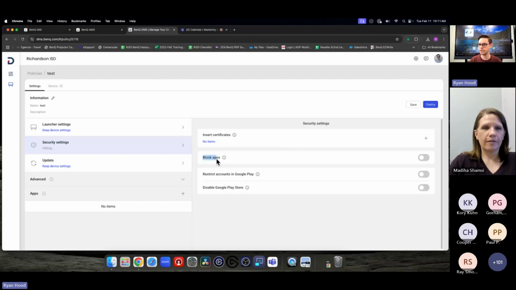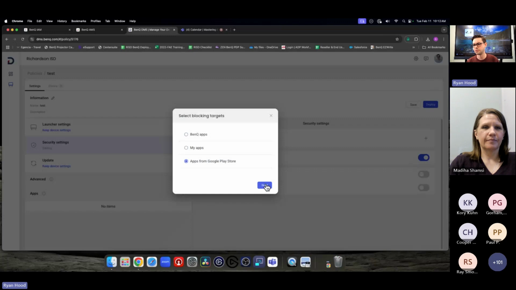Also, we do have something called blocking apps now. So this is like a blacklist. The power of the EDLA is so you can come into the actual Play Store of the board and download things like Canva, use it directly on the board. You can do every kind of teaching app from there. But then you also want to be able to block apps. So from here, I can toggle this on,